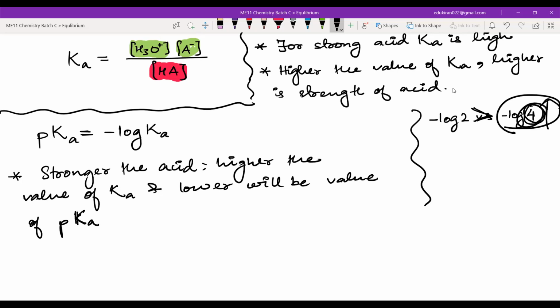Okay, lower will be the value of pKa. Please remember this point, it's very important. You can be just asked to compare the acidity of various substances by giving you the value of pK and Ka. Okay, so please remember,